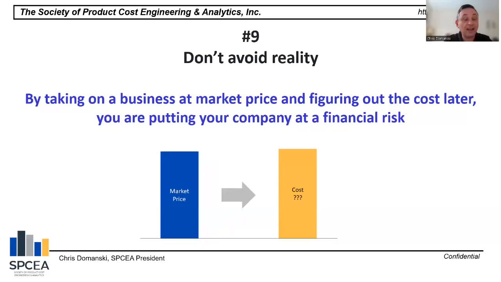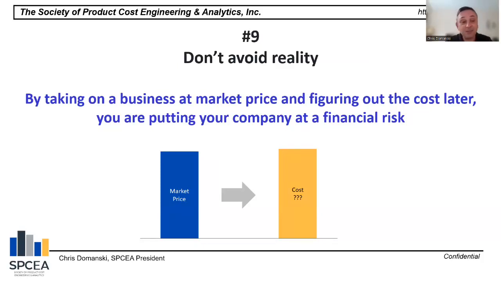Number 9, I'm sorry, is don't avoid reality. Okay, I've seen this before, where an executive will just make a call, kind of ignore the data that's provided to him or her, and just say, well, we'll figure it out, we'll take the business at the price that this customer wants. This taking on business at market price and figuring out the cost later,